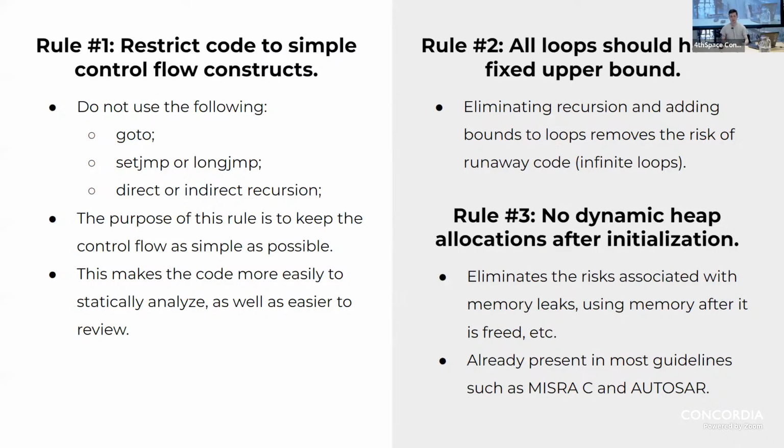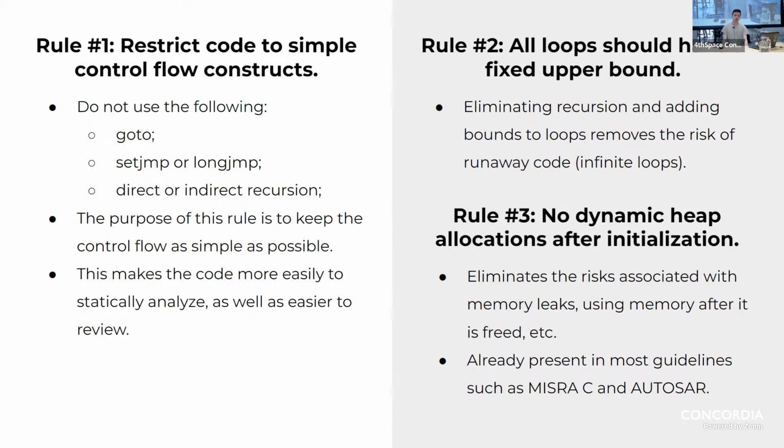So as an example, recursion can make your code a lot more difficult to understand and to statically analyze. It can break the functionality of some software that is meant to analyze your code, and make it more difficult to review, troubleshoot different conditions, and debug if something goes wrong. We also want to avoid using statements such as gotos, setjmps, longjmps, etc., because we want to make sure that the control flow is as simple as possible. There are always better or more efficient ways to implement what we would do with either recursion or gotos. So we want to stay away from that as much as possible.